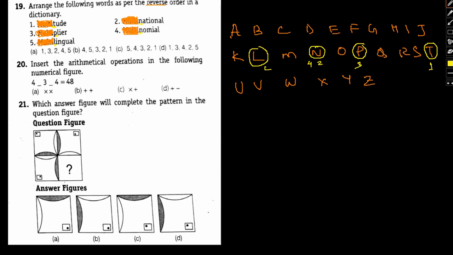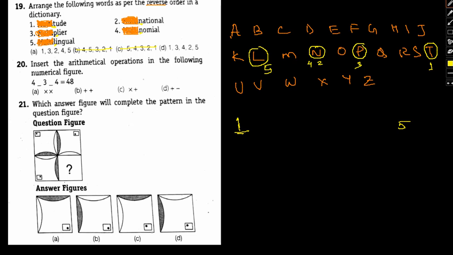Okay, so now one thing is for sure, that by looking at the letters itself, 1 will come in last and 2 will come in first in the dictionary, and we reverse the same. Basically 1 will be my first word in the reverse order, and 5 will be my last word in the reverse order. So by looking at the options, this option gets cut off and this option gets cut off. We are only left with A and D.